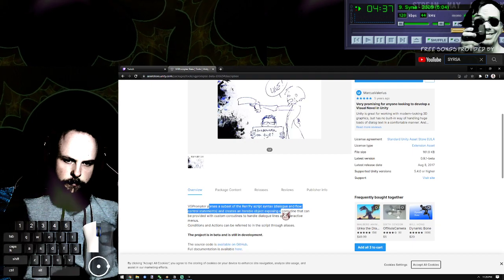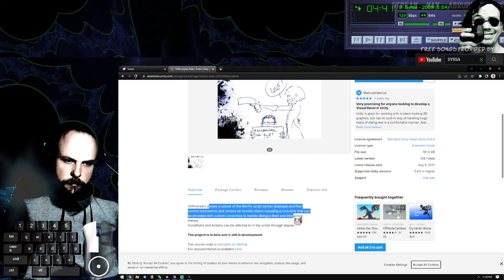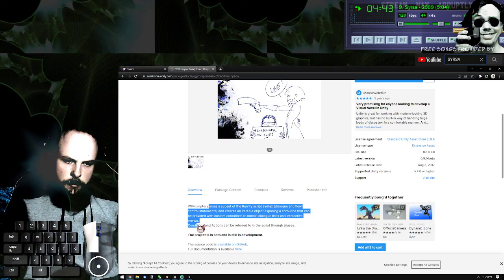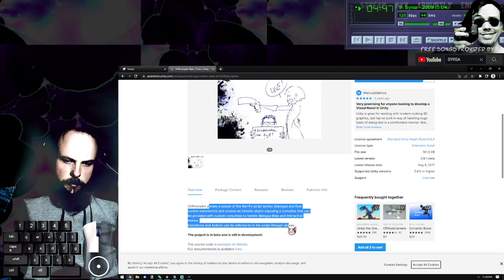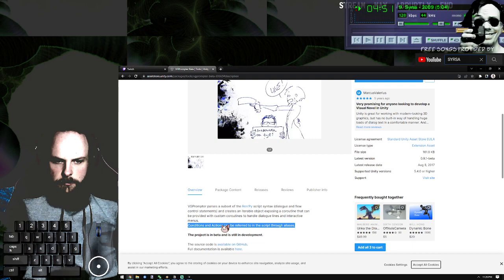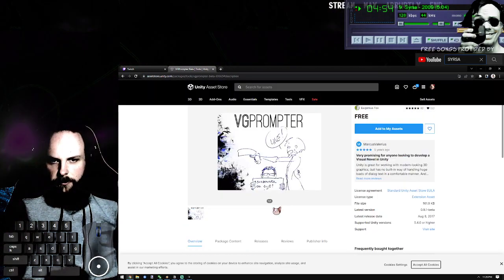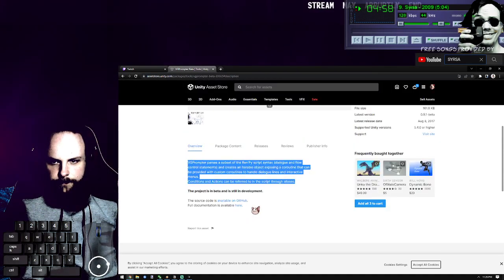Verbal object exposing a coroutine that can be provided. Conditions and actions can be referred to in the script through. That tells me that... I don't know. Oh no, this description is not selling me.